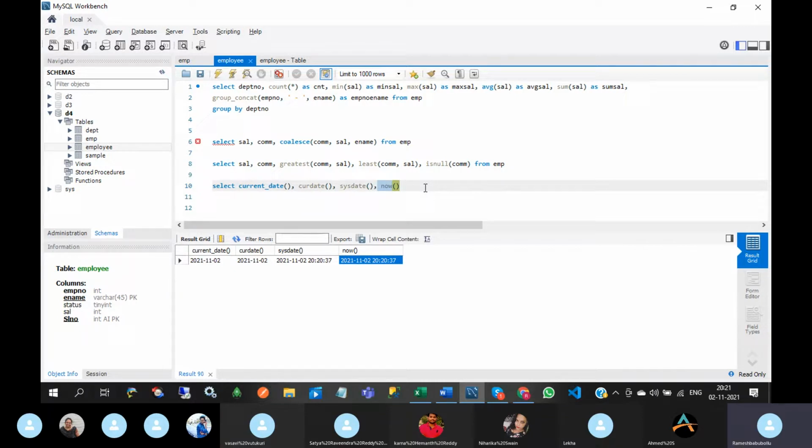It will not return the current timestamp. So that is the main difference between sysdate and now. Now gives the date time when the statement or procedure execution started, but sysdate gives the current date time.